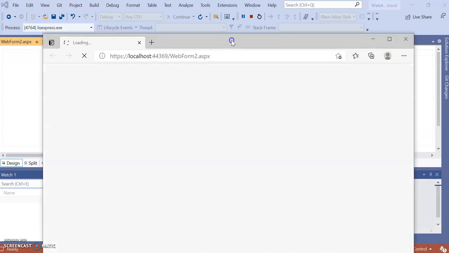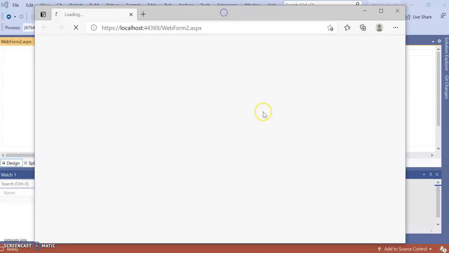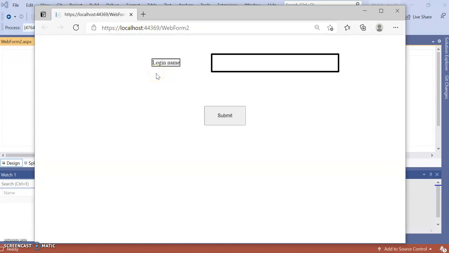Okay, see here, WebForm2 is loading over here on localhost, as we are using a single machine for that.